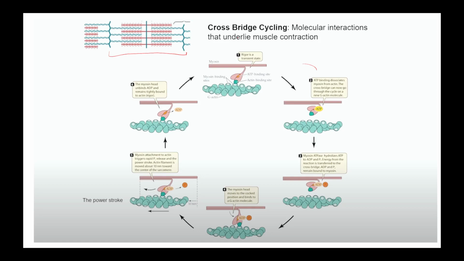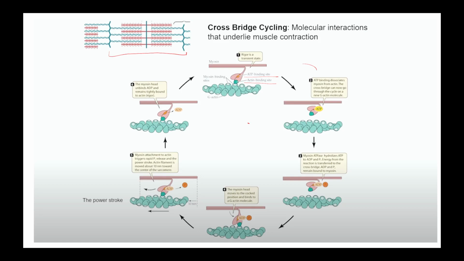So this is the first step. This is the myosin, and this is the globular actin. Here you can see this is the myosin binding site, and this is the ATP binding site present on the actin, and on the myosin also we have the actin site. So on the globular actin we have the myosin binding site, on the myosin we have the actin binding site, and also we have the ATP binding site.